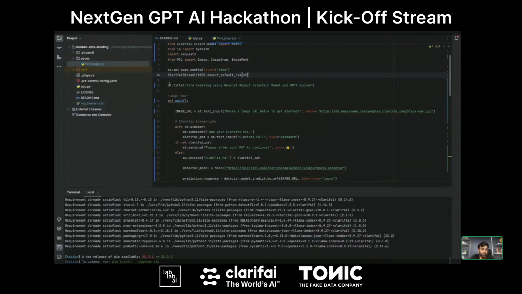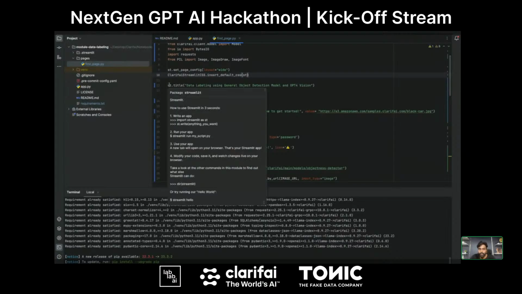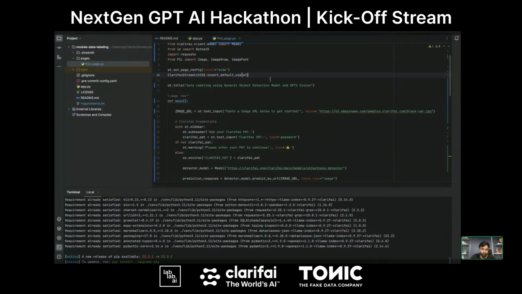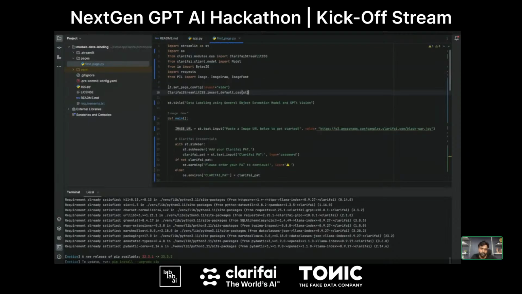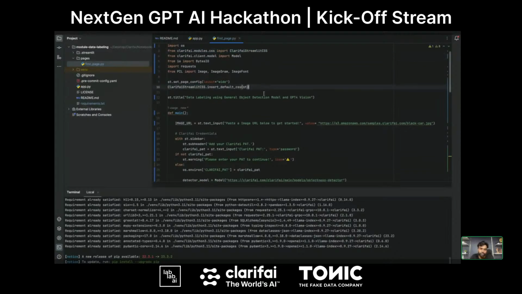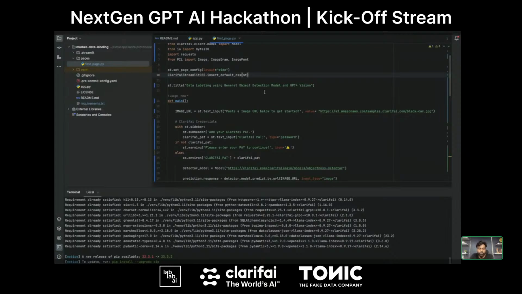And you can see I'm just using Streamlit, right? I'm aware that most of you know about Streamlit, how it works, what functions it has, how you can create different UI things, customize the UI, etc. But it's just similar to that. All you need to do is import this Clarifai Streamlit CSS, initialize the CSS primitives, and then all you need to do is add your code.